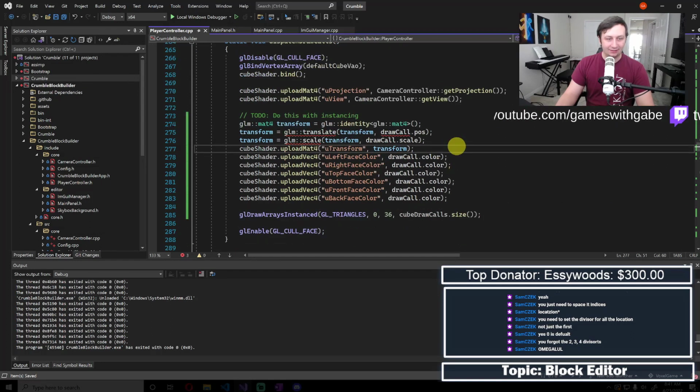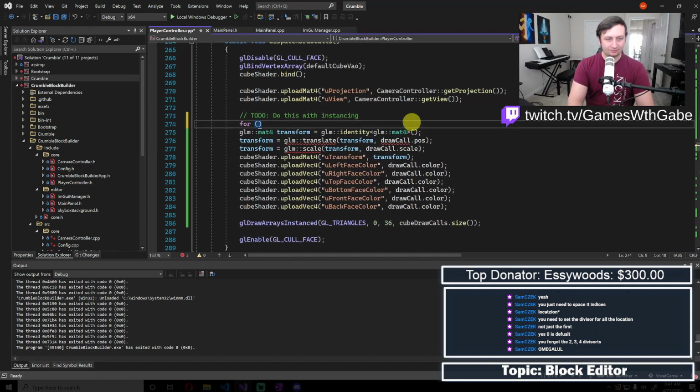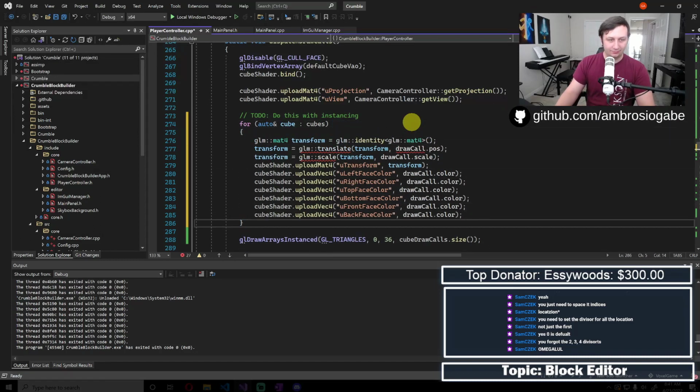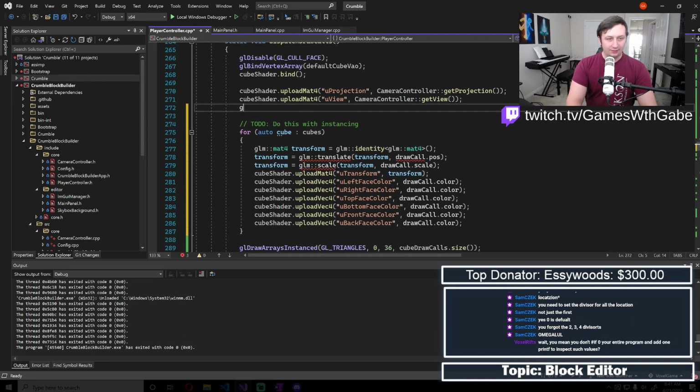So instead of doing this now, we need to actually pre-multiply all these things. So we got all the transforms. We can do this for auto ref cube and cubes. Once again, I don't think I actually have to do auto ref because iterators should be small. So I think that's fine. But yeah, we don't want to upload these projection views because we're going to pre-multiply this stuff. So we'll say const glm::mat4 projection